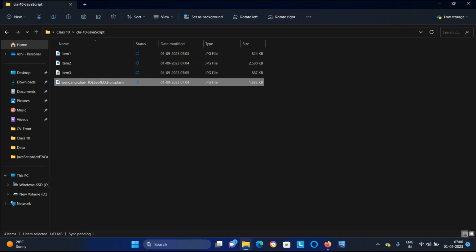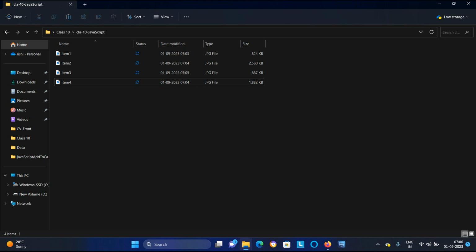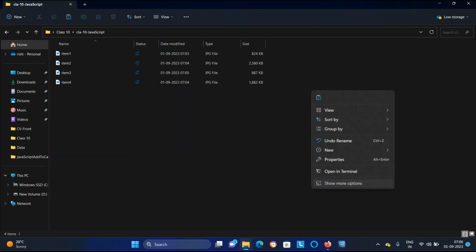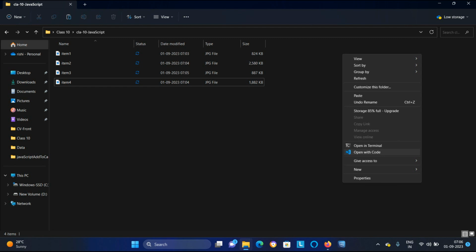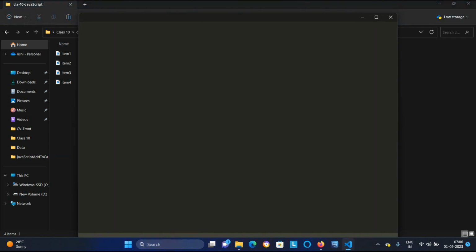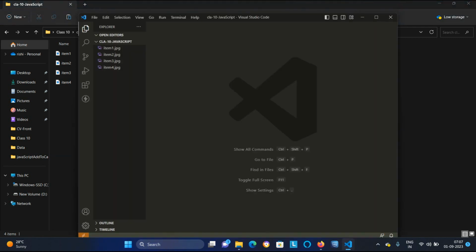And rename this as well, item 4. So you are looking that I have successfully copied these images in my folder. So if I open this, just right click, the option of show open with code will come. If it is not coming, you can try that method,